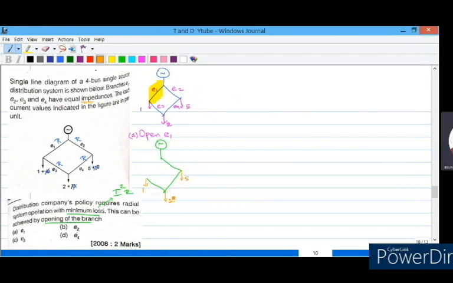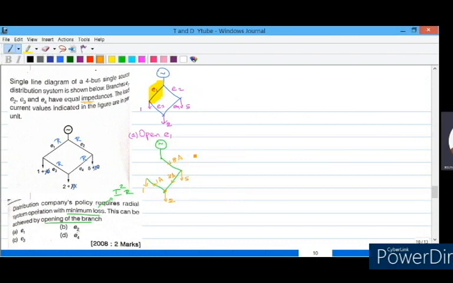Now how to find the current in each branch? As the load here is 1, definitely 1 ampere flows here, and here as 2 ampere flows, it is 3 ampere here, and here it will be 8 ampere, because out of 8, 5 flows in the load and 3 comes in the branch. Out of this 3, by applying Kirchhoff's law, 2 flows in this load and 1 ampere flows in this branch, and finally this 1 ampere goes to this load. So this is how we find the current in each branch.